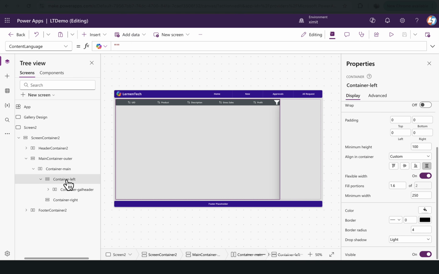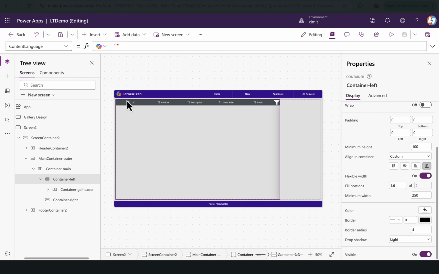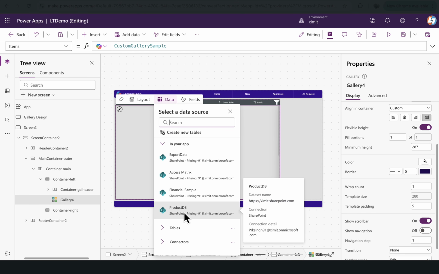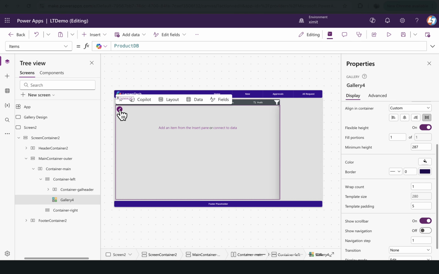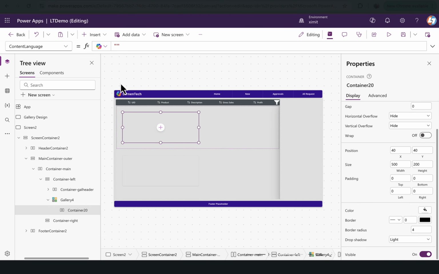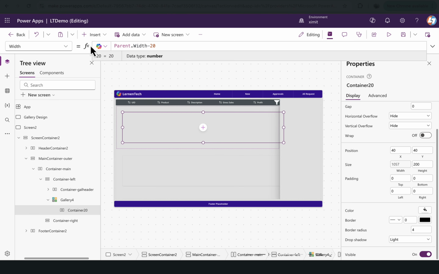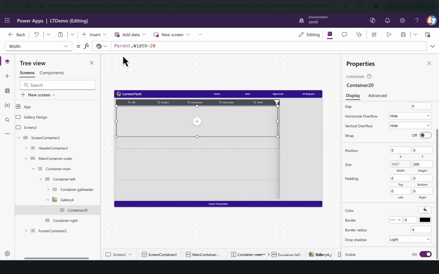Now in the container left itself, I'm gonna insert a vertical gallery, the blank one, and connect this with my product DB SharePoint list. Edit this, insert a horizontal container inside this, and set width as parent.width minus 20, just to give a little bit of space, and set X to 0 and Y to 0, and height I'm going to set for this one as parent dot